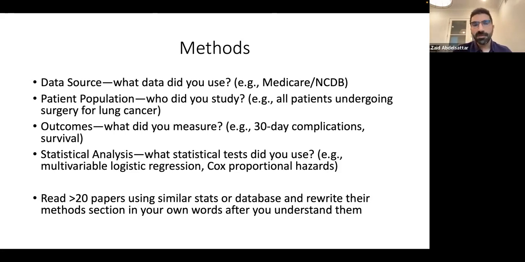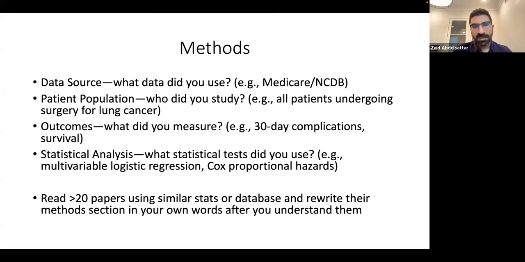The next thing is your outcomes. So you have to specify what your outcomes are. And the outcomes are very important because that's what the research is. I'm a health services researcher, what was previously called outcomes research. So that's what we typically study. And your outcome ideally should be something that is measurable and easily defined. For example, we have 30-day complications, survival. These are standard terms. 30-day mortality, hospital mortality, 90-day mortality, hospital length of stay. These are things that are an outcome for every patient. That is the end result of what you're going to